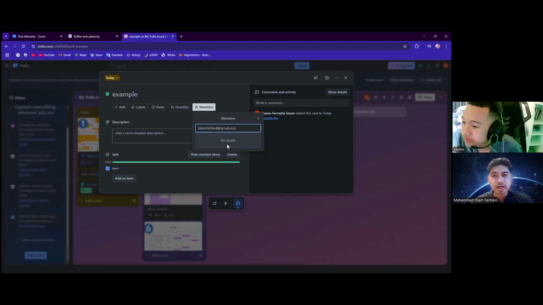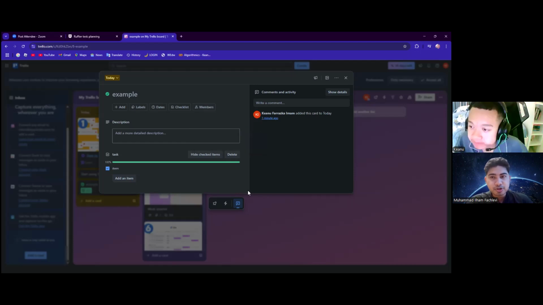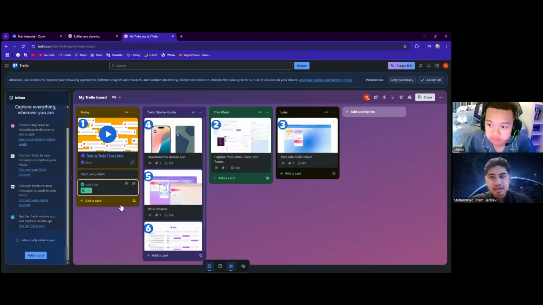Okay, because I think I haven't joined these members. Just click close for this, and then on the right side, as you can see, share. On the top right, you can click share, and then type my email. So I will have the notifications that you are sharing your Trello board with me. The share button. Can you see that on the top right?